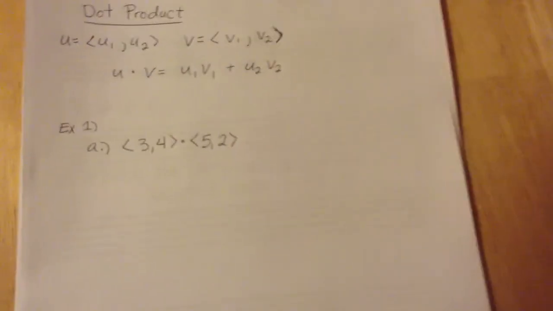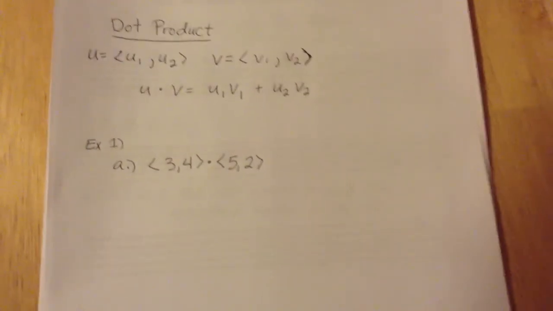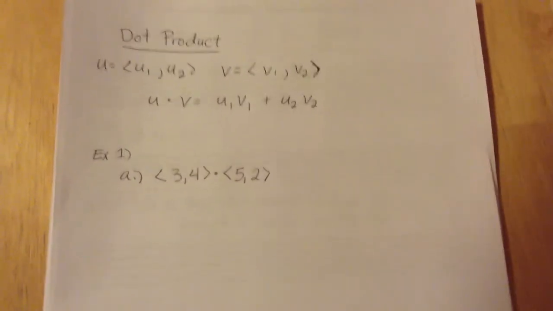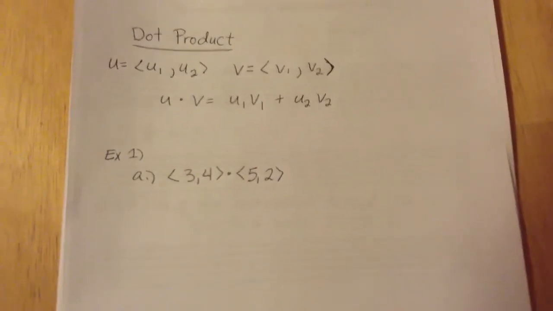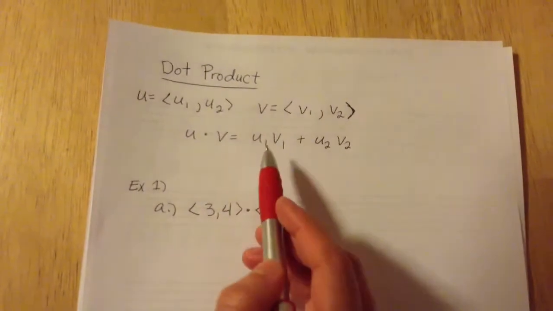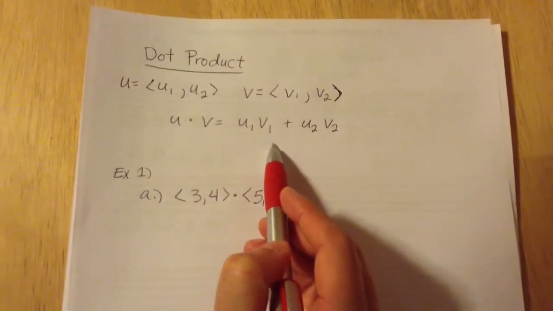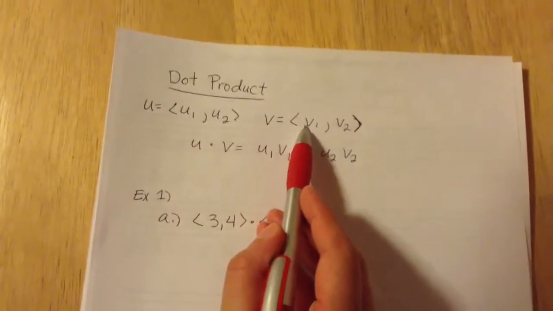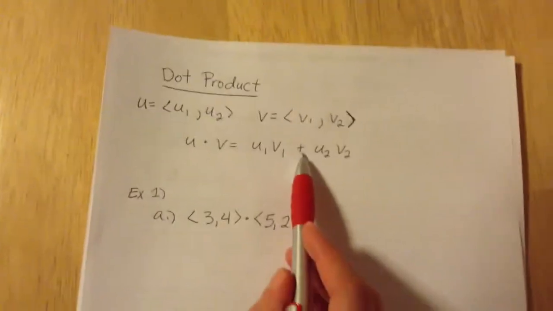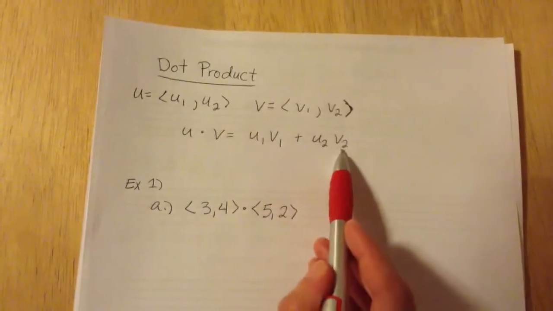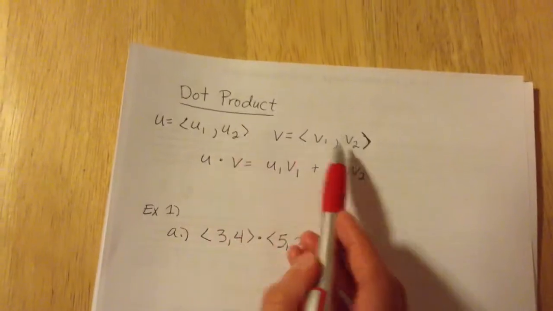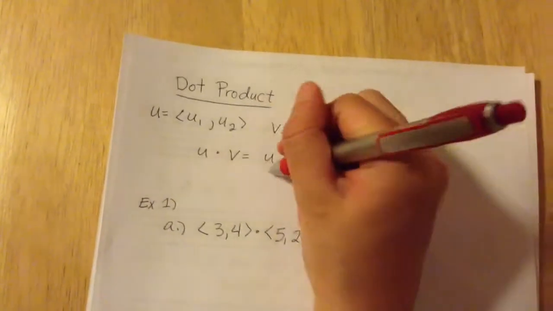The first thing that we're going to learn about today is the dot product. To find a dot product of two vectors, what you do is u1 times v1, in other words, the x coordinates multiplied together, plus u2 times v2, in other words, the y coordinates multiplied together. So really,